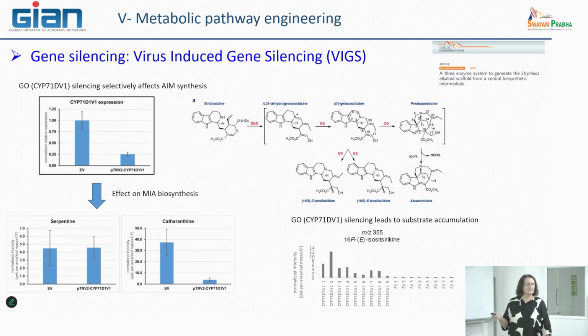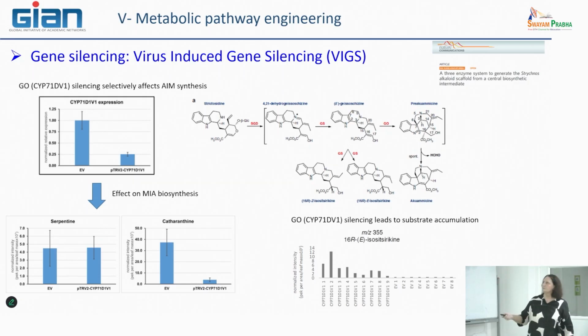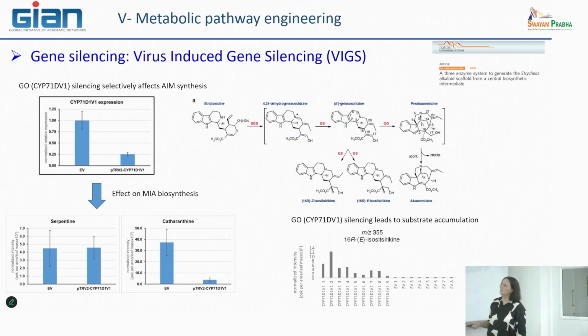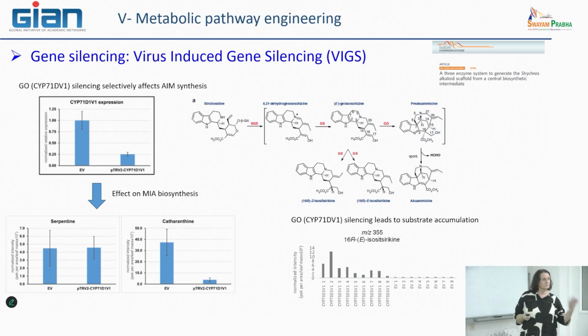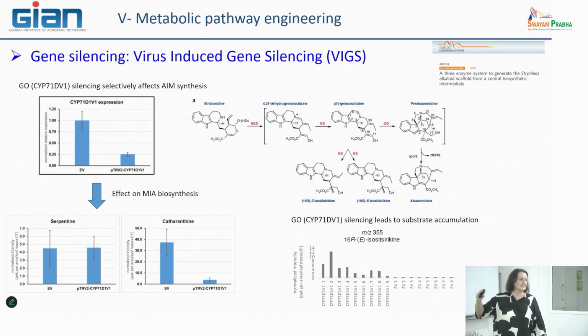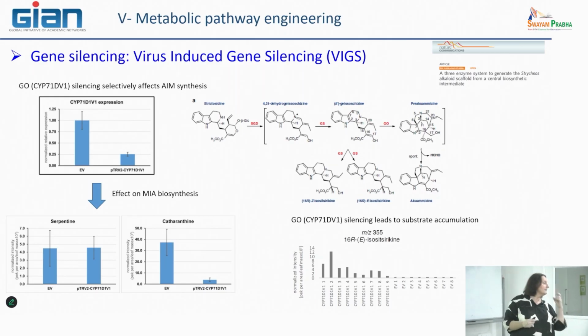What was also interesting is that we did this work with a chemist who also proposed different intermediates, which we checked for presence or absence in the extract when we did the metabolomic study. This way, you see, we can quickly characterize one particular enzyme of a metabolic pathway. When you present a metabolic pathway saying this step is catalyzed by this enzyme, you can't imagine how much time was needed to know which enzymes are really involved.